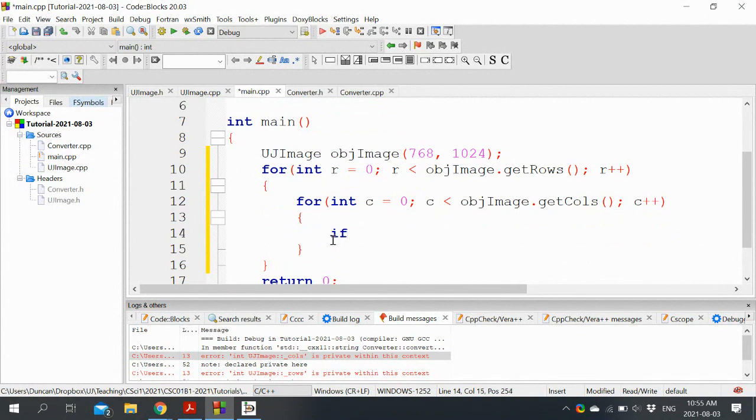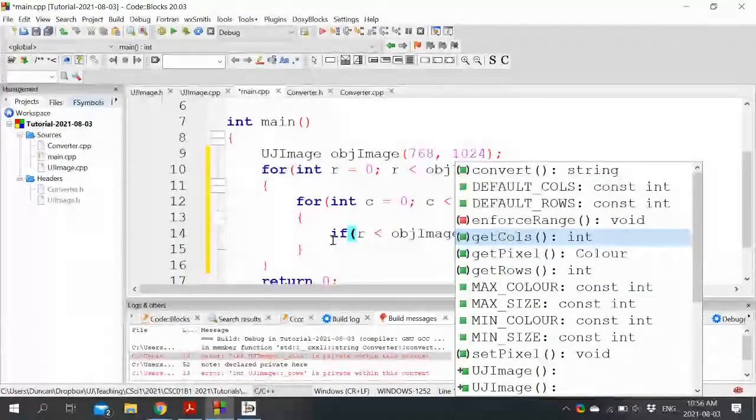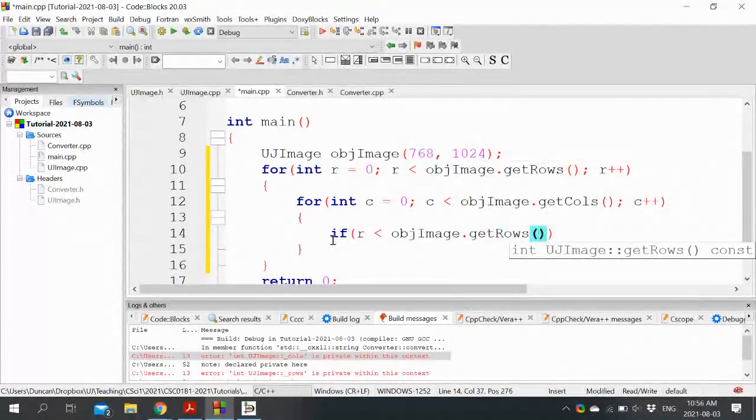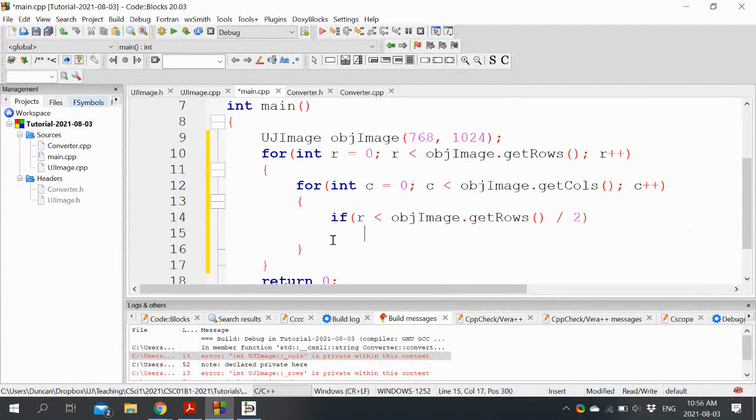So if the row value is less than half of the rows, we'll output one color, set it to be one color.